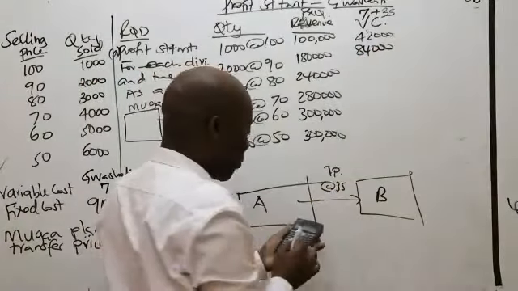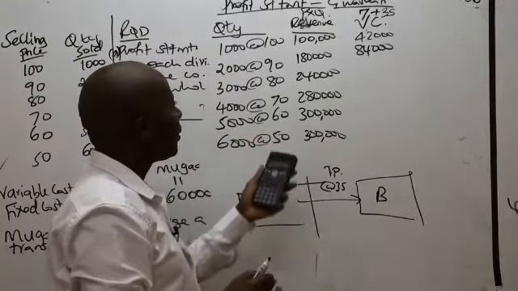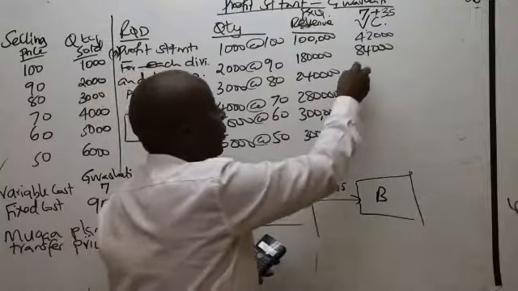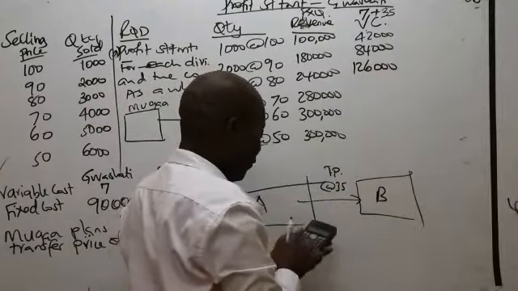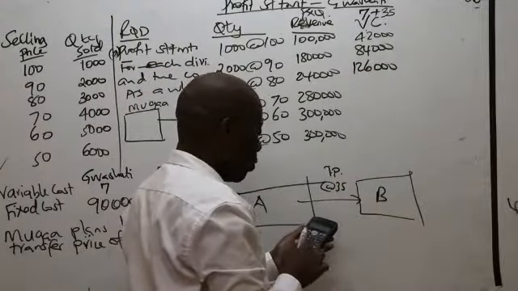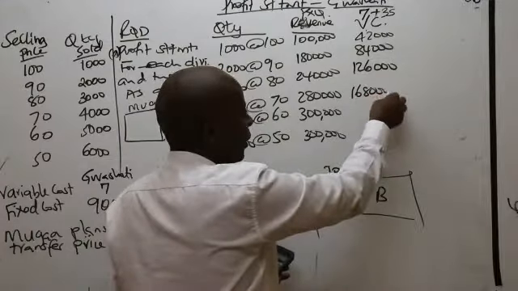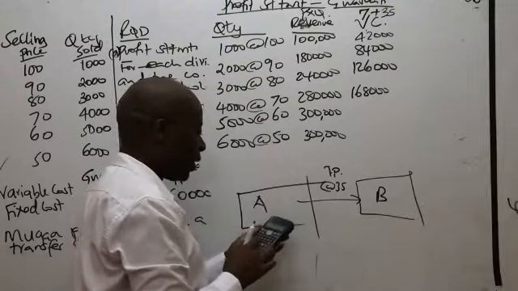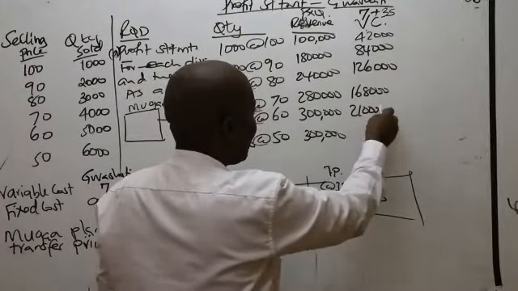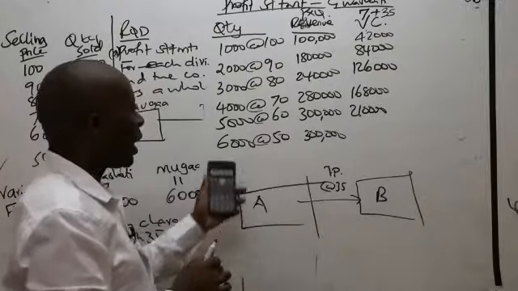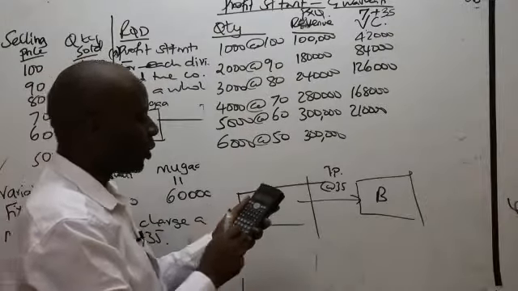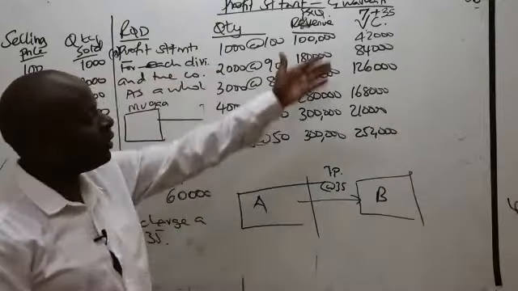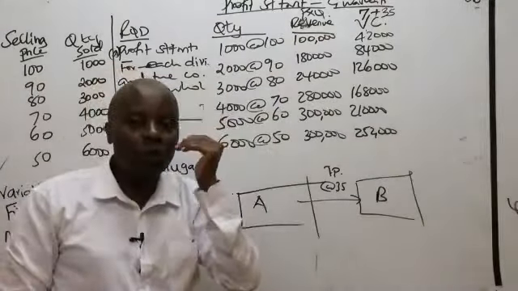We go to the next one, which is 3,000 times 42, which gives us 126,000. Then we have 4,000 times 42, which gives us 168,000. And then 5,000 times 42, which gives us 210,000. And then 6,000 times 42, which will give us 252,000. Now, ladies and gentlemen, having captured the variable cost, the next thing will be for me to capture the